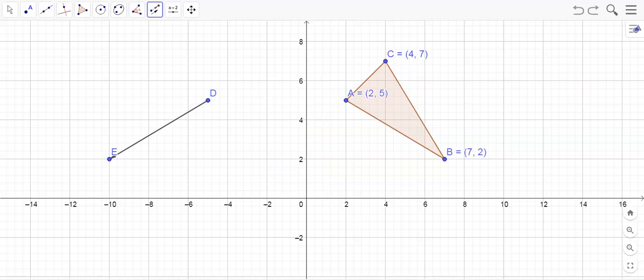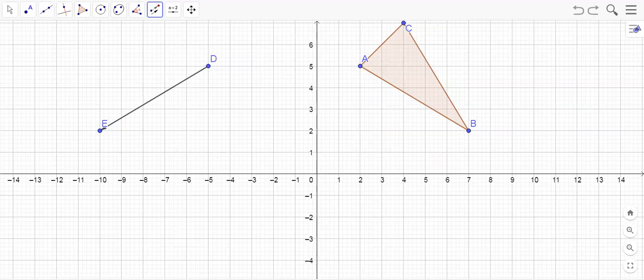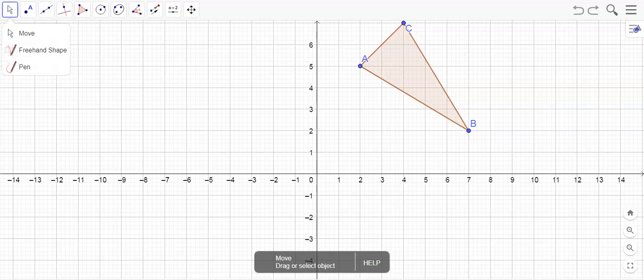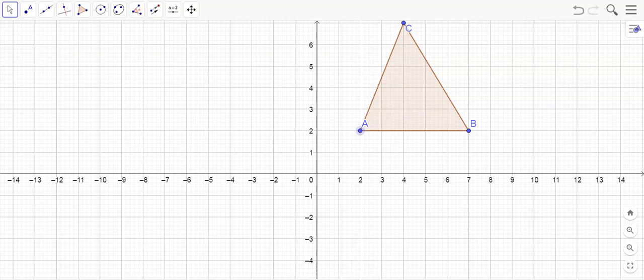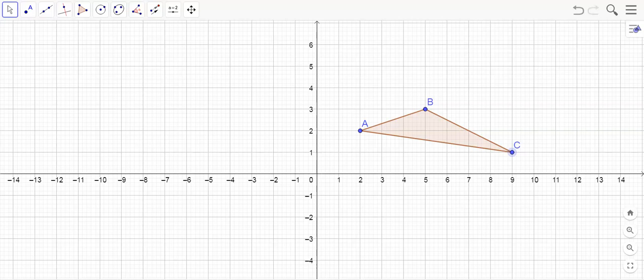I'm going to undo a couple steps. Undo the vector. And let's just move this thing around and put it where it's supposed to be. So A was, for this problem, at 2, 2. B was at 5, 3. And C is at 9, 1. Right over there. And now I'm going to want to go in and get my